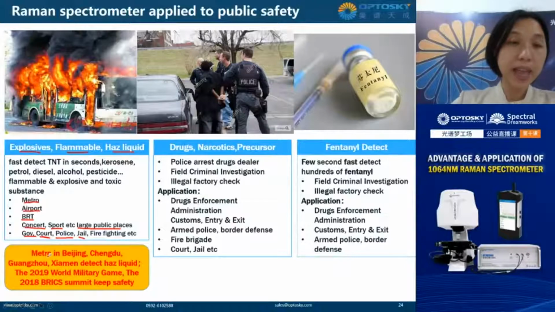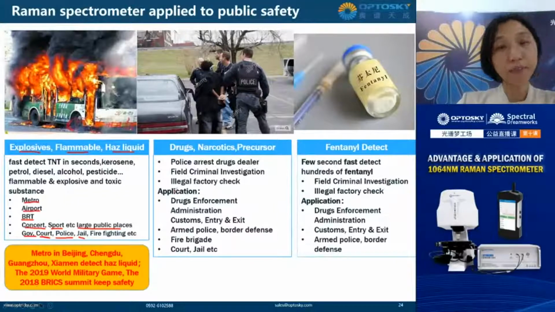And also you can see that in metro, in Beijing, Chengdu, Guangzhou, Xiamen, detect hazardous liquid use Raman spectrometers, and also Raman spectrometers also used in the 2018 BRICS summit to keep safety, and we can use to narcotic drugs and precursor, and when police arrest a narcotic drug dealer, they just need to identify with our Raman spectrometer,